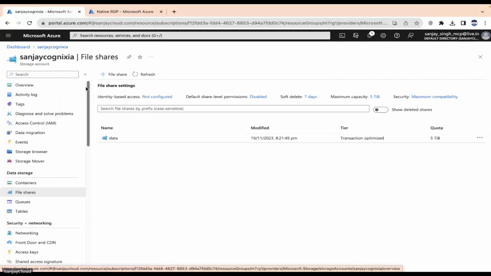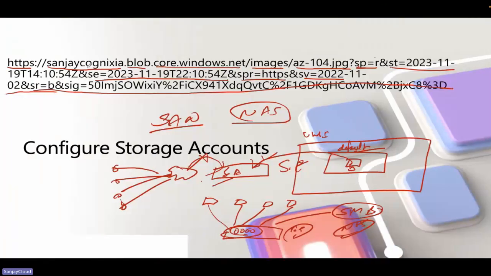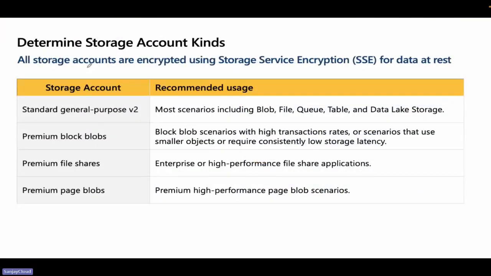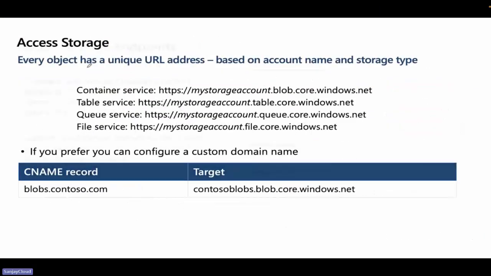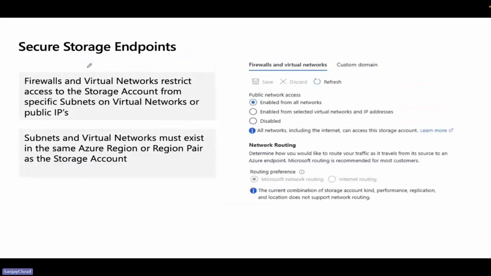Now, next topic is tools. When it comes to managing and accessing Azure storage account, what different types of tools are available through which we would be able to access or manage our storage account? So when it comes to tools,